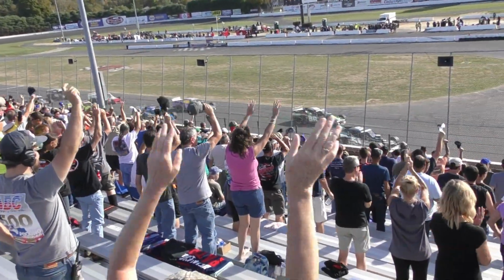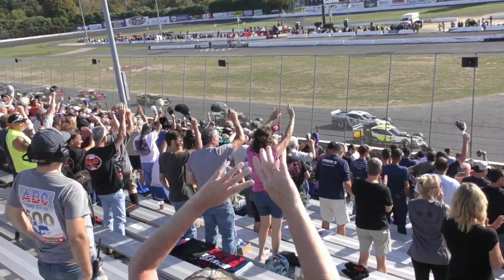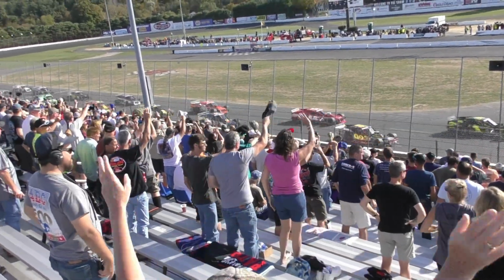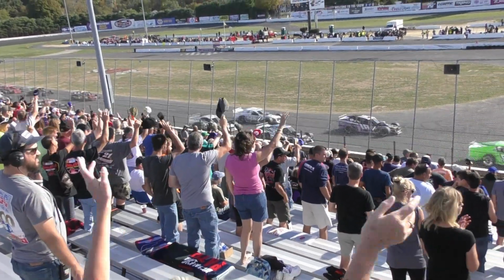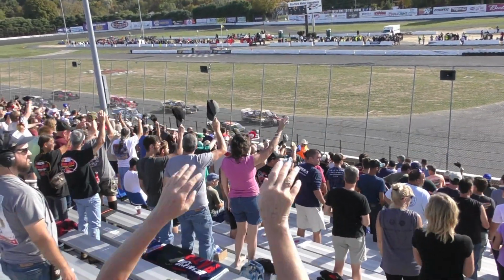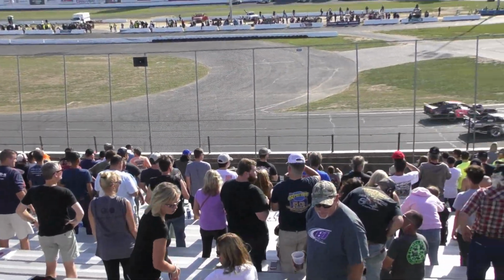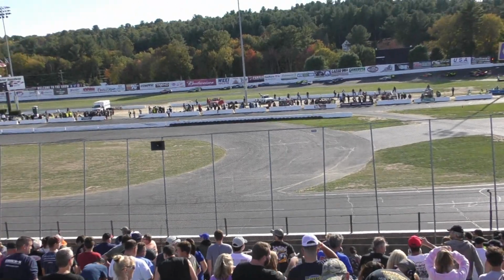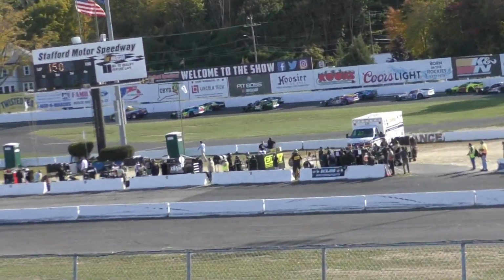the Napa Auto Parts Fall Final. These are the men and women that live by the grace of God. This is what the NASCAR Whelen Modified Tour is all about. Stand and stay standing, ladies and gentlemen, as they head down the back straightaway and give them the send-off that they deserve. So we have the yellow light still flashing on the track, so we'll probably be delayed by at